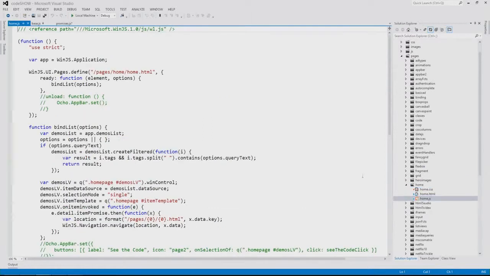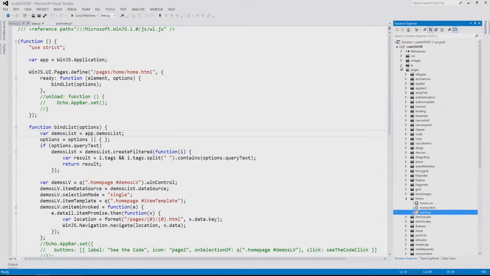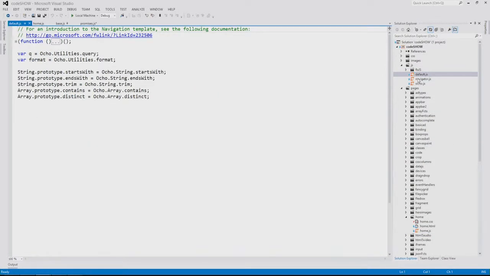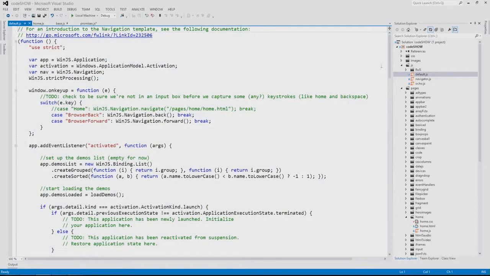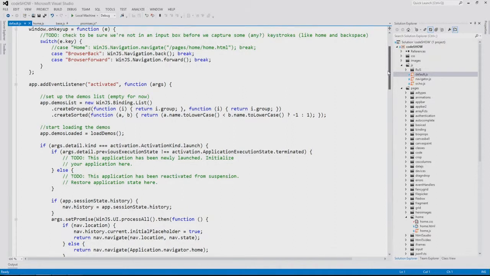And if you go to the home.js, I'm going to do some binding and stuff here, but when I do this binding, I need to know whether or not this data has been loaded. So let's actually go look at where the data is loaded. I do that in the default.js, which is under the JS folder. Let's look at default.js, and you'll see that in this immediate function in default, at one point, the user activates CodeShow,